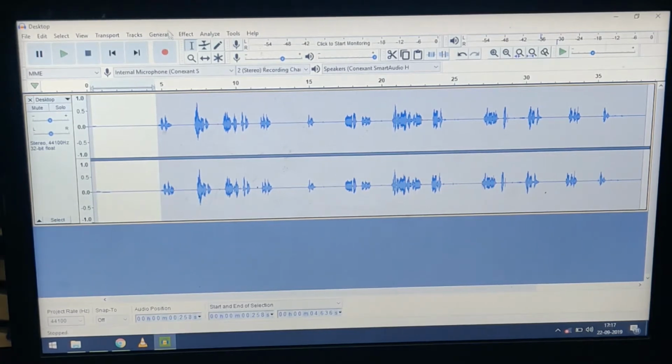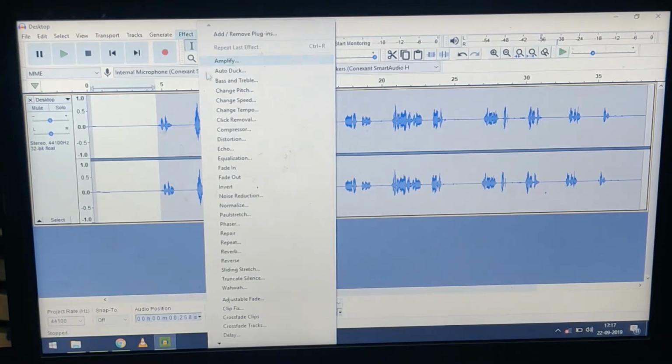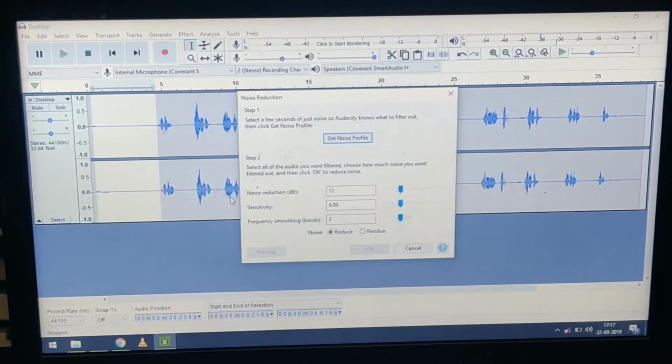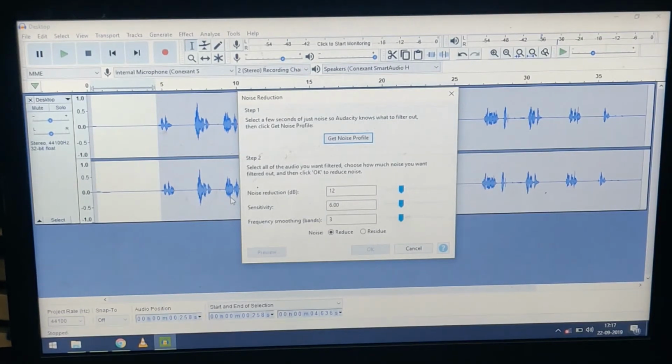Just click on Effect, then go to Noise Reduction. Don't change any settings here, let it be. Noise reduction is 12, sensitivity 6, let it be. Okay, and it's selected to reduce.